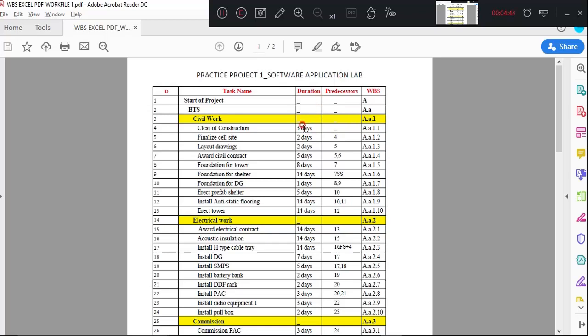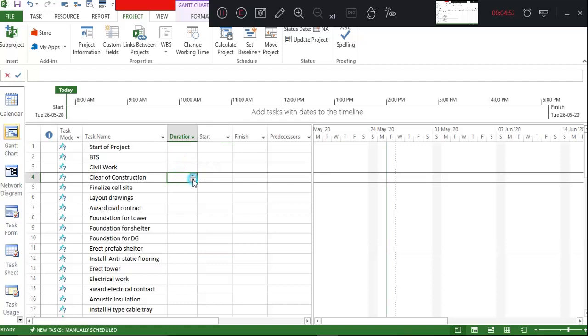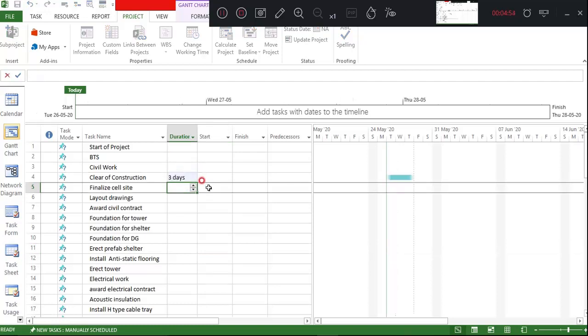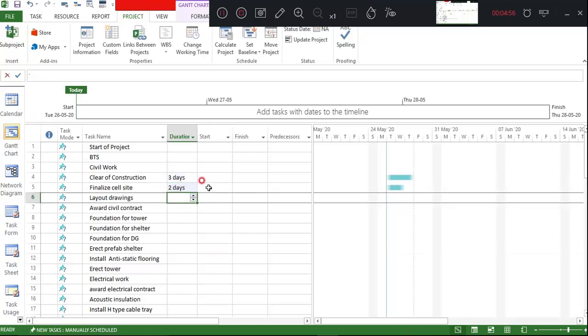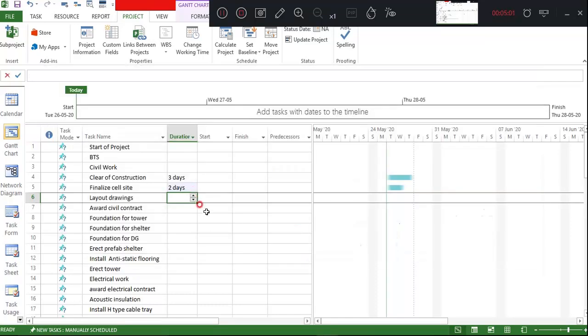Now I'll go on inputting the duration. I have 3 days, 2 days, so here I have 3 days, I have 2 days. Just go on putting all the durations as per the example given.